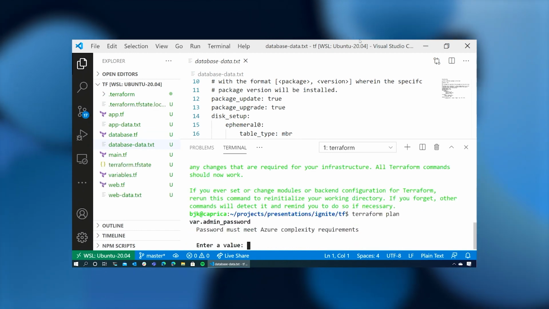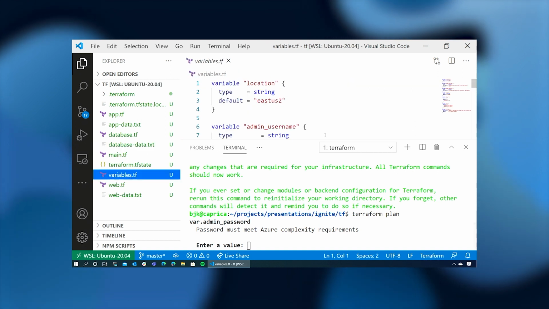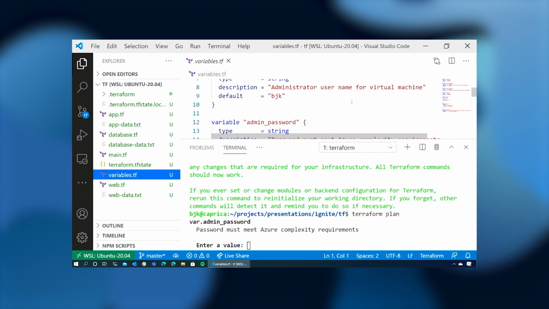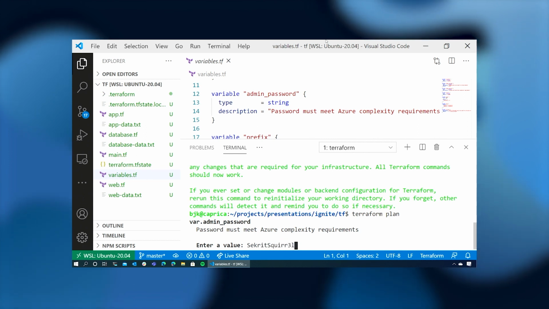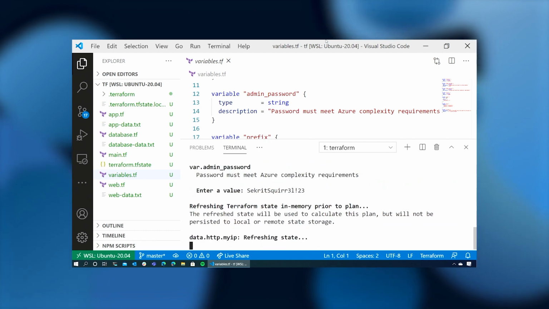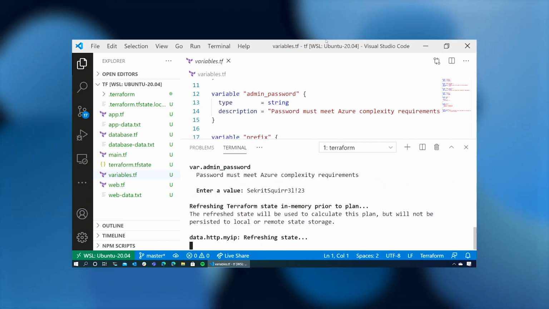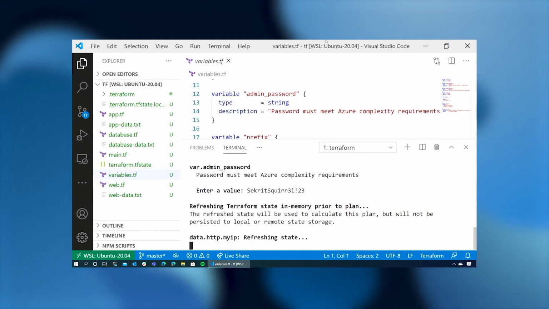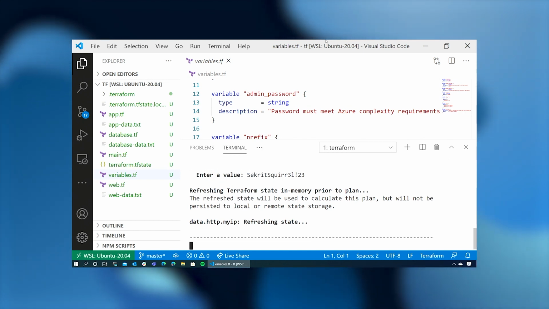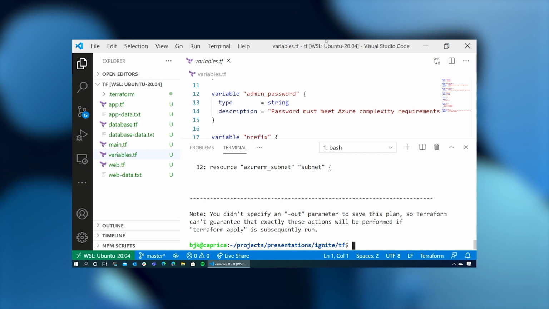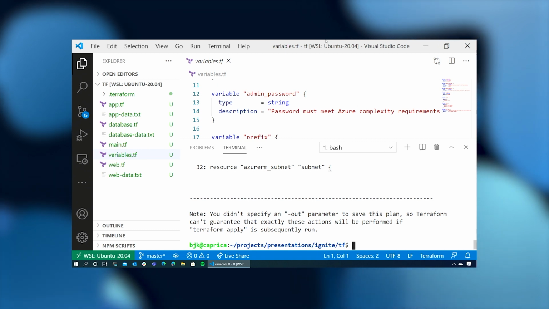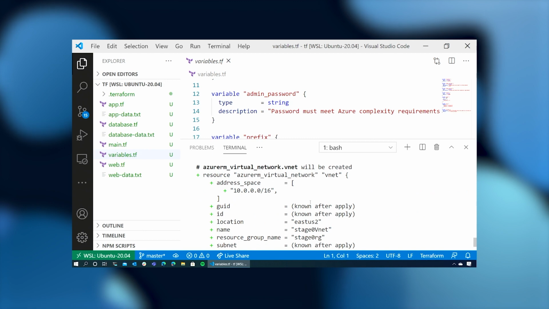Now it's asking for our admin password. If you look at the variables file again, we have defaults for nearly everything except for the password. So we'll create a password that nobody can break. And it's going to refresh the state. So it's going out and asking Azure, do you have a resource group with the name that I've specified here? Do you have a virtual machine with the name that I've specified here? Since Terraform is declarative, it's asking Azure RM if we've got these devices already configured. Since we don't, the output here shows lots of green plus signs because it's going to add these things to